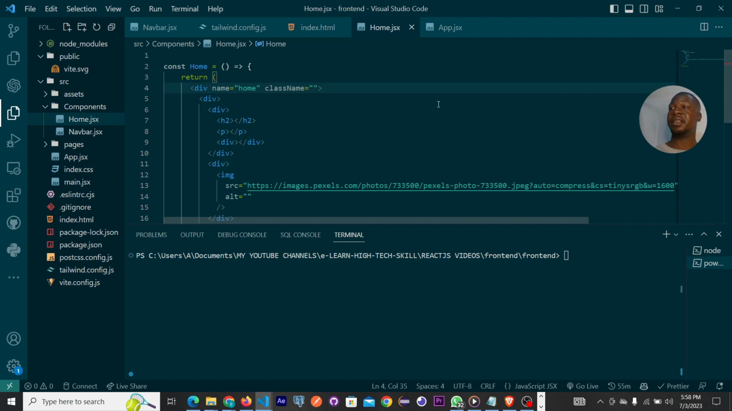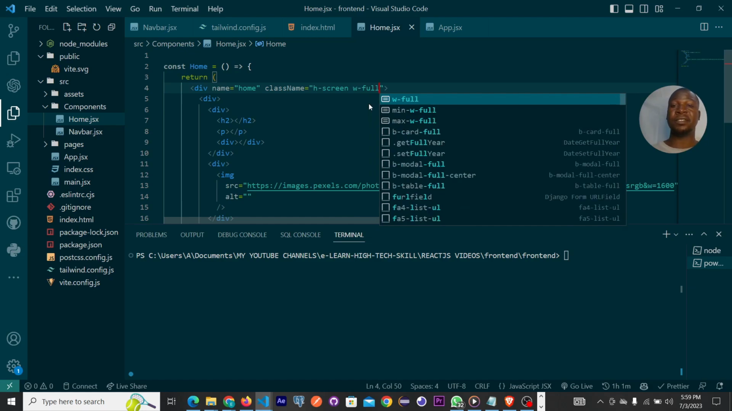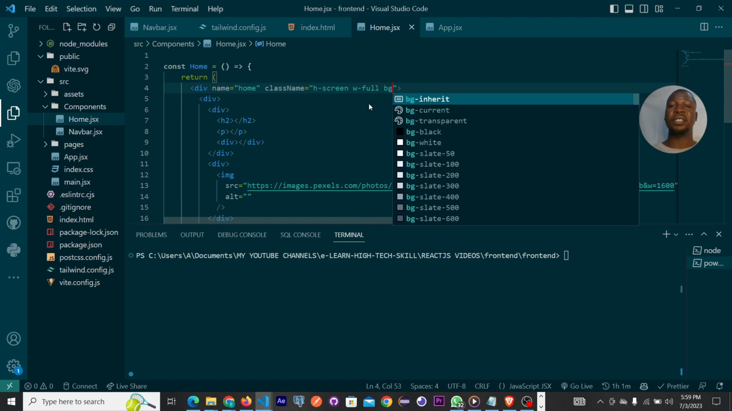So let's say here h-screen. That means the height is going to be screen. So make sure you're actually typing all of these CSS rules correctly. So h-screen we set height of 100vh, that's viewport height. So then w-full, that means the width is going to be full width, and we're going to have bg-